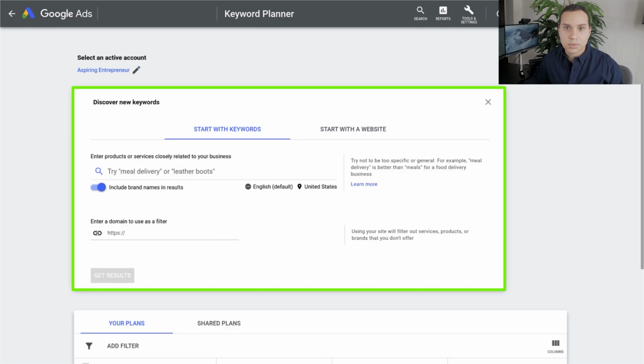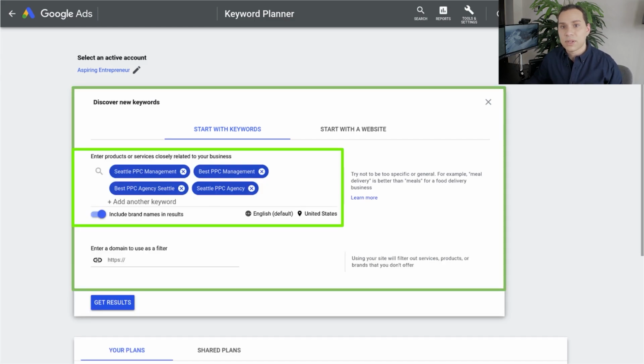So to start off our search, we're going to need a couple of seed keywords to get started with. This is just 3 to 4 very, very specific keywords to our product or service. In this particular example, I'm going to go ahead and go with a service, and let's say we are a digital agency in Seattle looking for some new pay-per-click clients. We want to set up their ad campaigns and do all this hard work for them. So we're going to have Seattle PPC Management, Best Agency, and then Seattle PPC Agency. So we'll just mix up a couple of these.